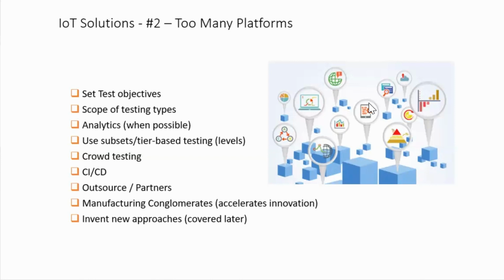And then manufacturing conglomerate. So this is something new that I've never experienced. It's not new to me from a software perspective, is getting manufacturers like Philips and Sony, which are direct competitors, to actually collaborate together, right, to create standards. So some of that is happening to try to make this space less confusing, less platforms, more centralized standards and less fragmentation, which is going to be helpful to us. And then, of course, you can invent your own approach, which is kind of what I had to do on my project.